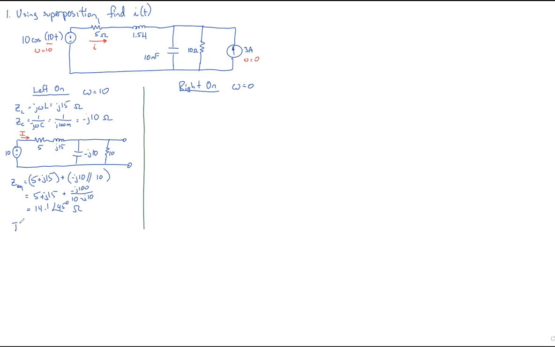And then our I has to be our V over Z equivalent, or 10 over 14.1 at an angle of 45 degrees, or 0.707 at an angle of minus 45 degrees. So now we can transform it back into the time domain, and that's a current. So this is our first partial,